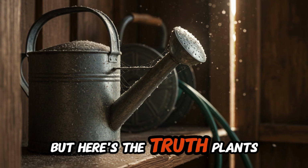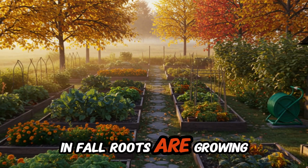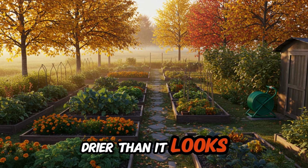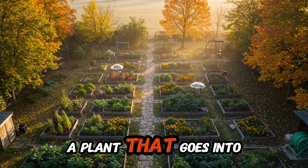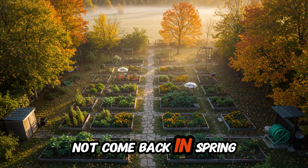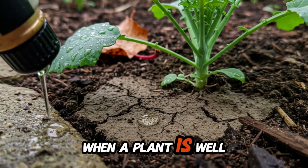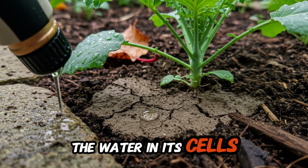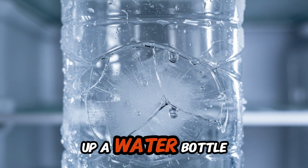But here's the truth. Plants still need water in fall. Roots are growing deeper before winter. Soil can be drier than it looks, especially under fallen leaves. A plant that goes into winter thirsty is a plant that may not come back in spring. Let me explain why. When a plant is well hydrated before frost, the water in its cells helps protect it